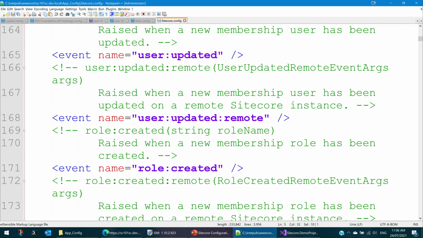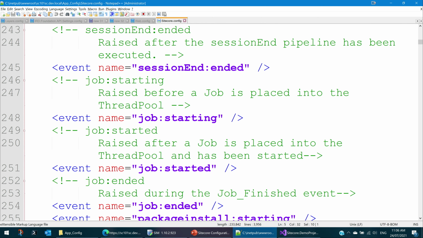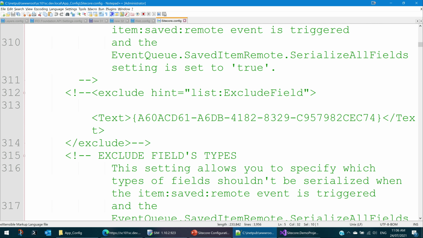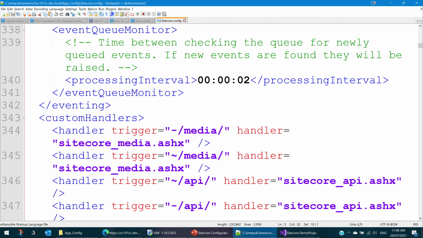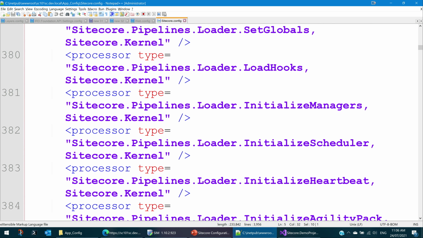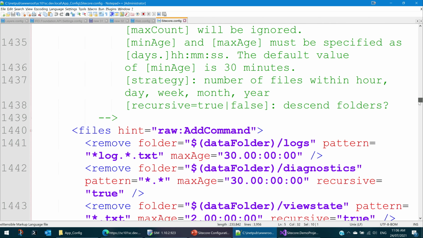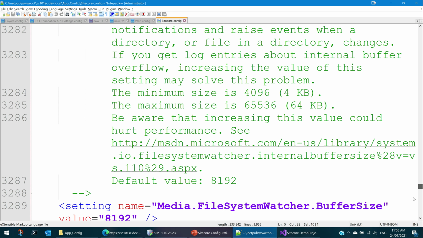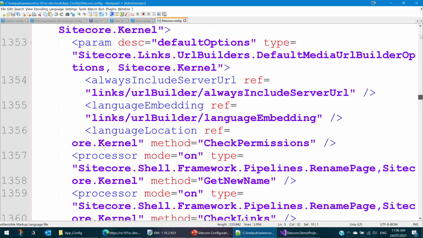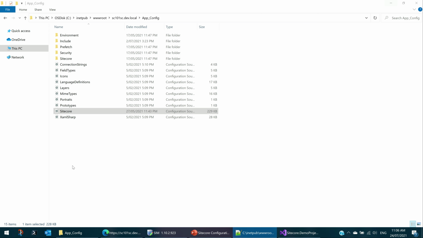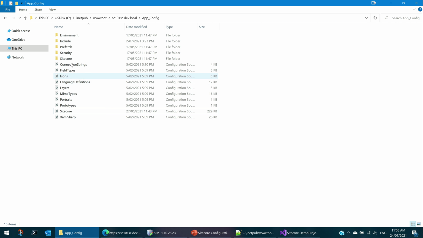Remember, we are not going to modify anything here. You will have all this configuration, and this is pretty big compared to your normal web.config file.